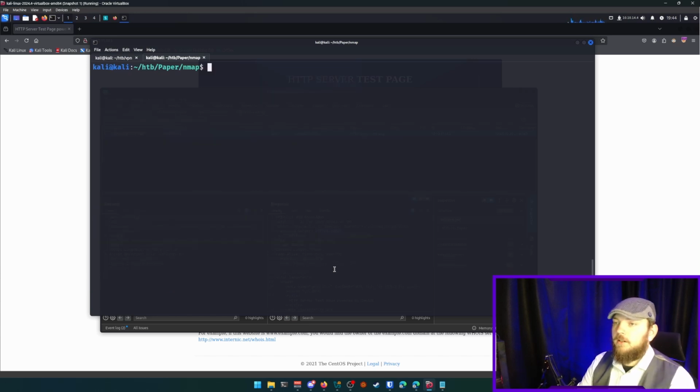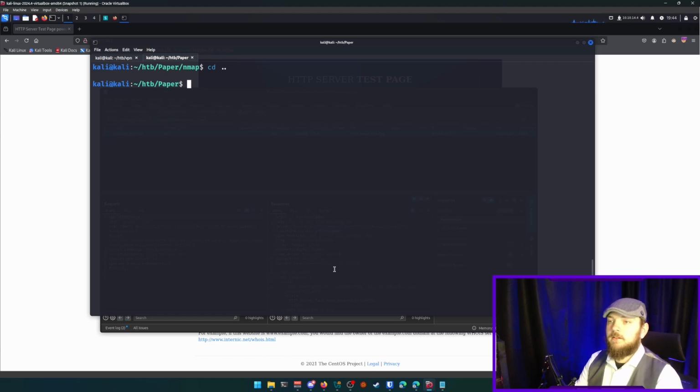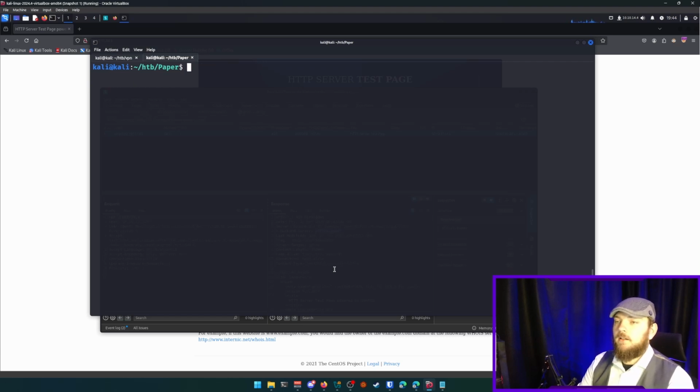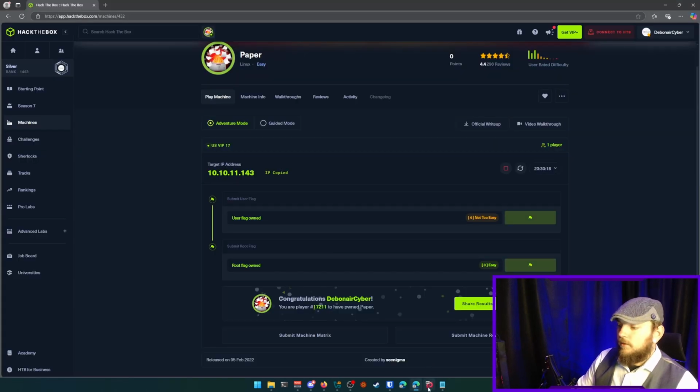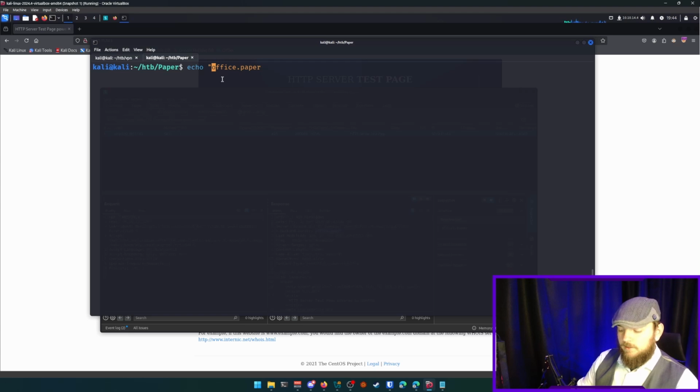Clear our terminal here, and we want to just echo that into our /etc/hosts file. I'm going to go ahead and back out of this nmap directory here. Clear again, and then we can do echo that IP address. The IP address is, we can go back over here to our page and grab it and paste that in. Want a space in between those two,